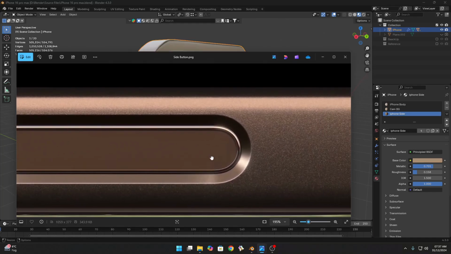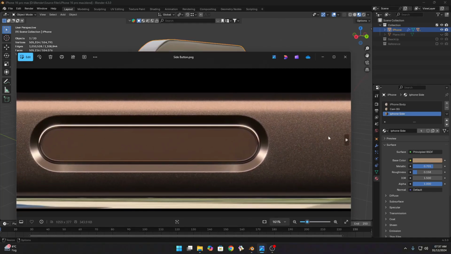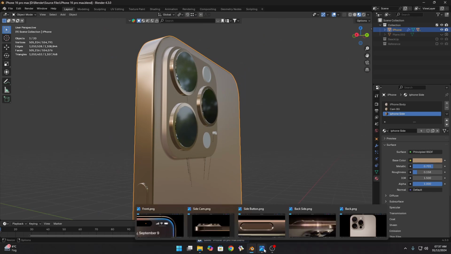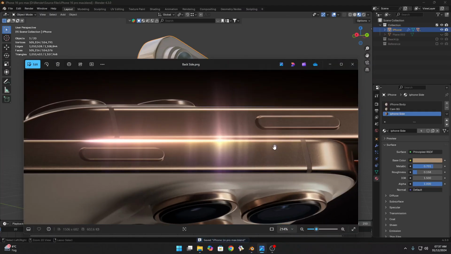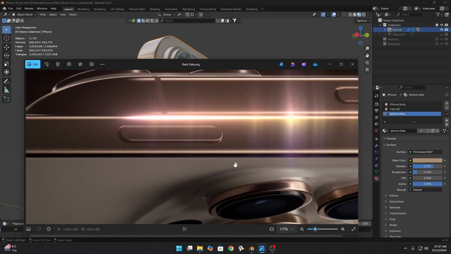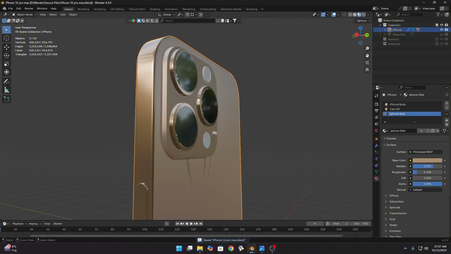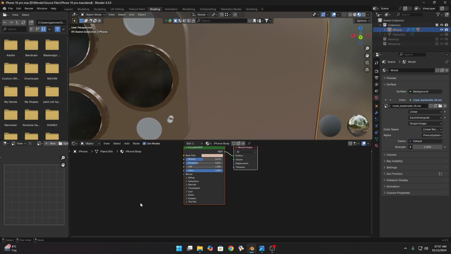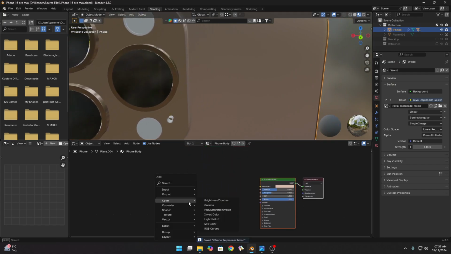If we closely look here, it's not too plain, it's a rough surface, so we add some grain on both textures, like this body and this dark texture. If we also look here, you also see this grain texture and also on this cover. So let's add it. Select the iPhone body and go to shading tab, move closely and here press Shift A, add noise